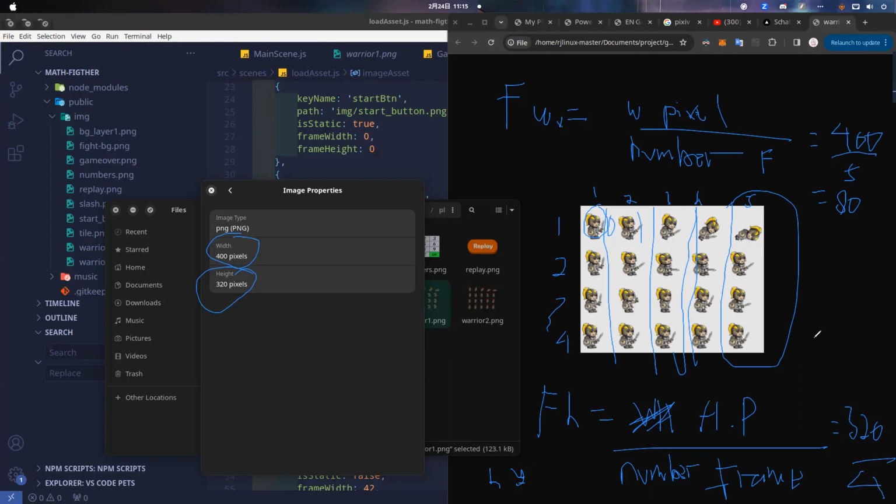That means 320 divided by 4 is equal to 80. So we have a frame width of 80 and a frame height of 80. It will be quite easy if you already understand how to implement the frame width and frame height. We use this when we want to use certain animations. If you don't use a proper number, you will probably have some glitch because you are including this white space.